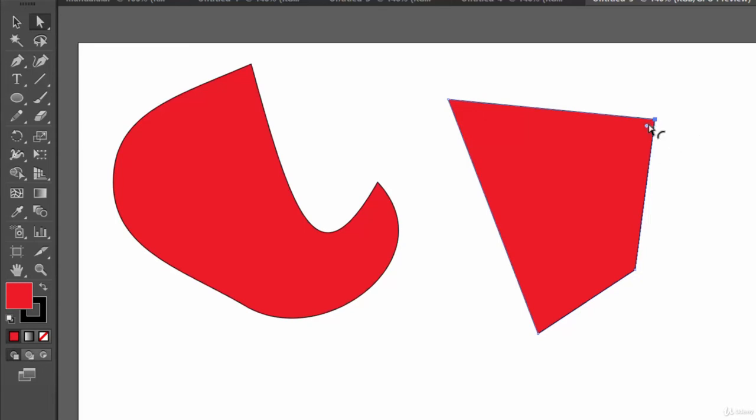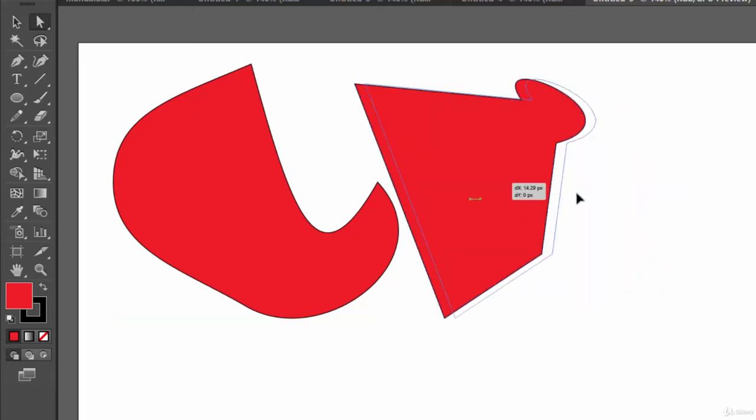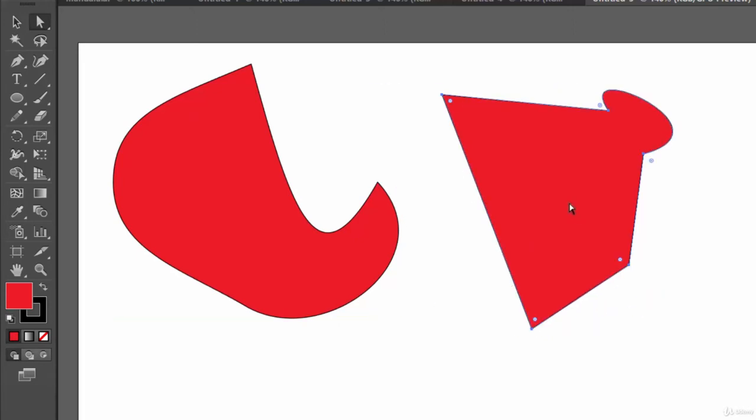So this one, let's make it round just like this, and again let's marquee and see, now we got some handle. Now let's work with it. Okay, so now you got the idea of how we can use the selection tool and the direct selection tool.